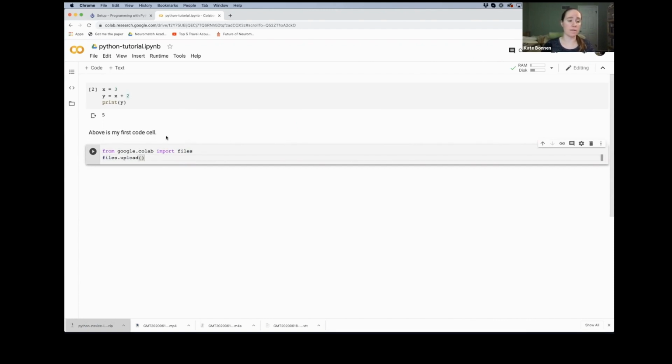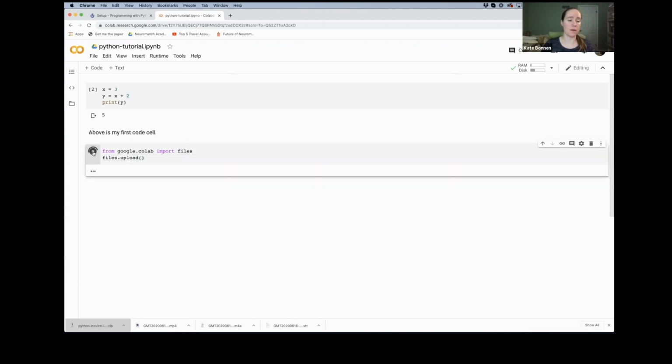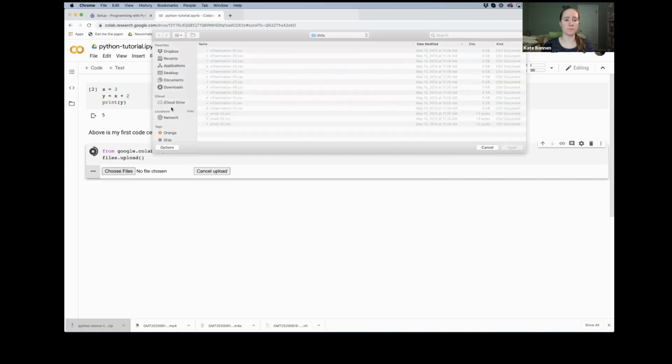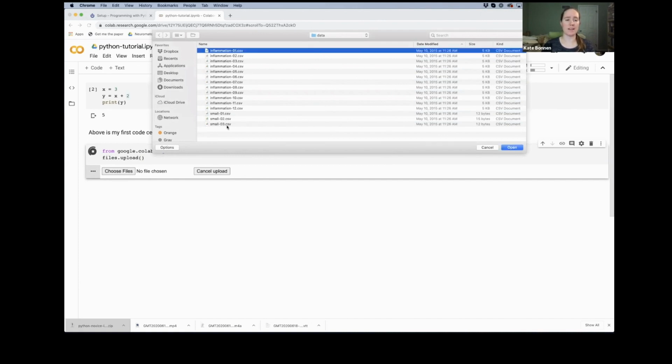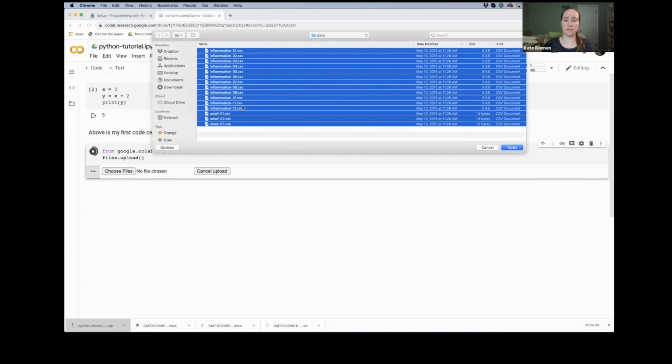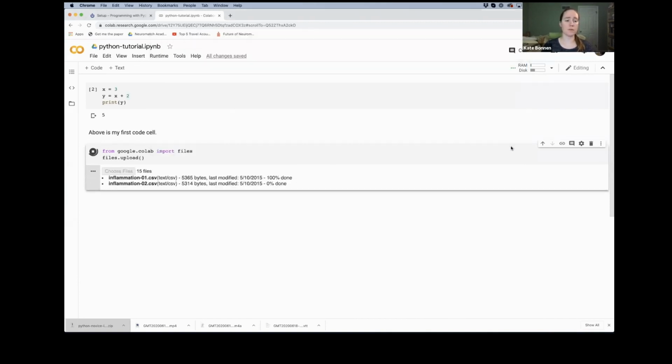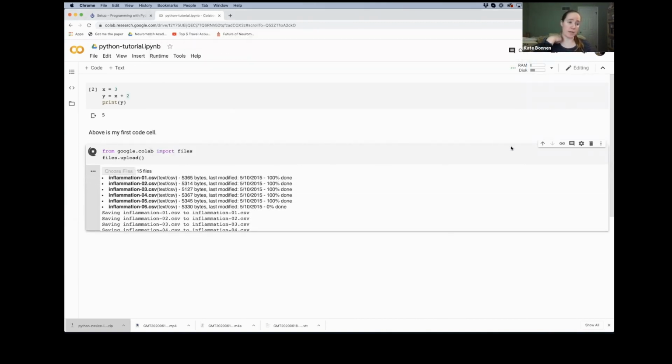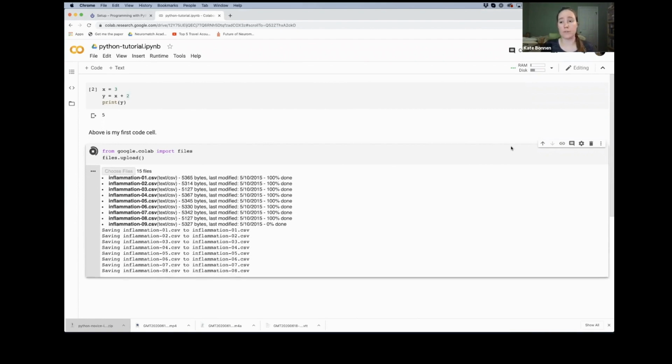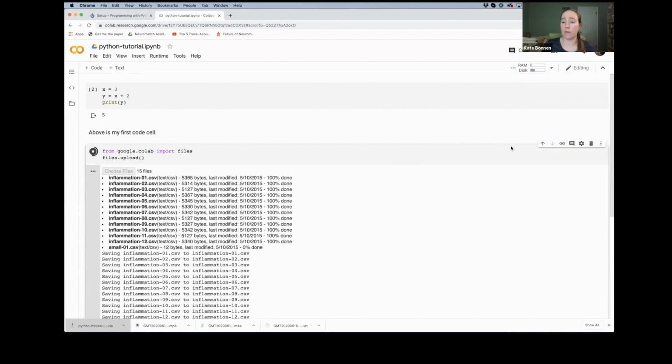And when we run this cell, it's going to ask us to actually choose the files we would want to upload. And we'll navigate to wherever you stored that downloaded data file and select all of the .csv files that you see, inflammation 1 through 12 and small 1 through 3, and click open. This will actually load the data into Google Colab so that you can treat these files like files that you might have on your desktop, but